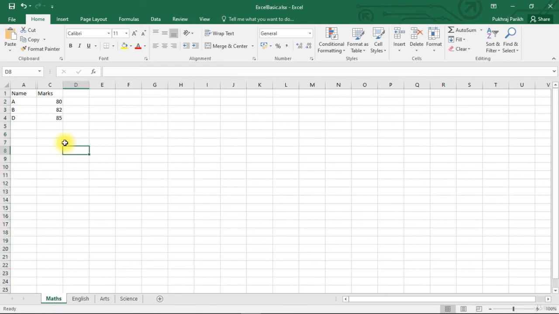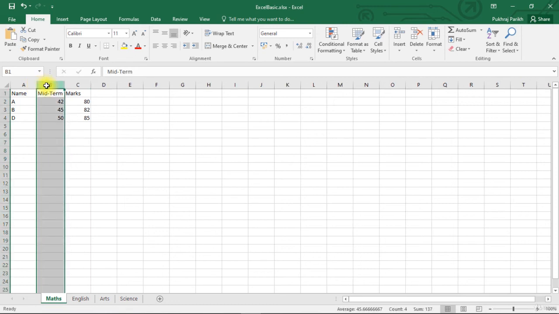Observe the column names here. There is a missing letter here because there is a missing column here. You can also see the border. The border looks somewhat different. There are two lines between A and C. If I hover my mouse over it, you can see the cursor also changes. The cursor has these two lines. Now if I double click, the hidden column becomes unhidden. This column is now visible. In this way, the columns of data that you want to keep but not show, you can hide them.